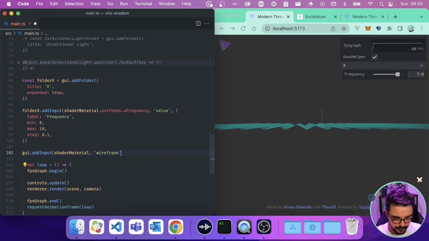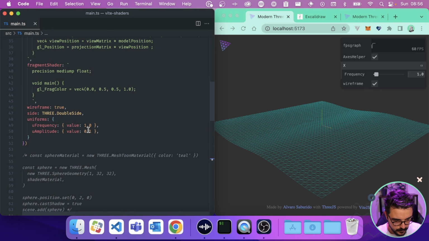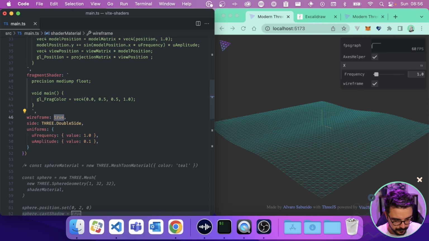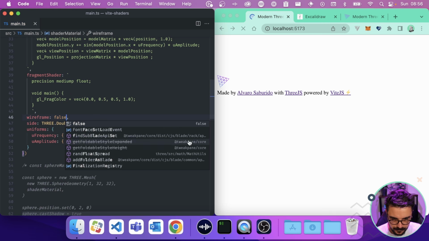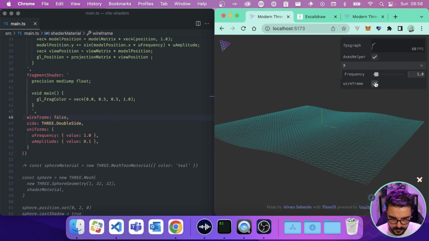Okay, let's save it. And we can put it as false at the beginning, so we can toggle it whenever we want. Okay, perfect. So we toggle here, we can see the wireframe.